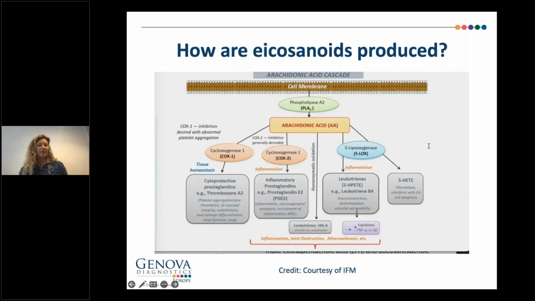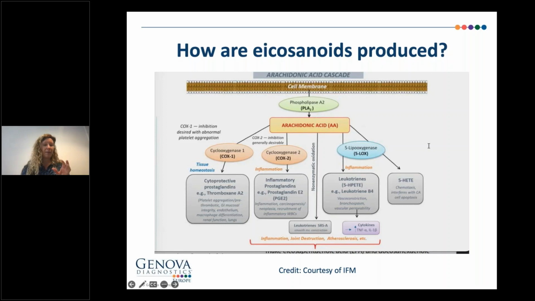And it's really helpful to understand how eicosanoids are actually produced to grasp why they're so important in the inflammatory cascade. So here we have a diagram of the arachidonic acid cascade, which is courtesy of the Institute of Functional Medicine. And this is where the pro-inflammatory eicosanoids are generated. As you can see, at the very top, we have the cell membrane, which is where we find the fatty acids like omega-6s and omega-3s. And when there is a trigger of some kind or a stimulus like those that we saw on the previous page, let's say a pathogen,